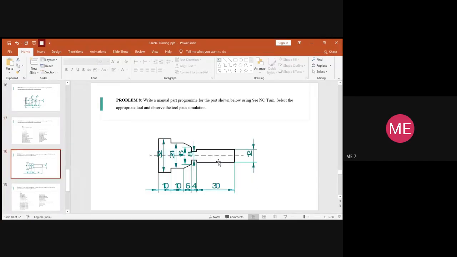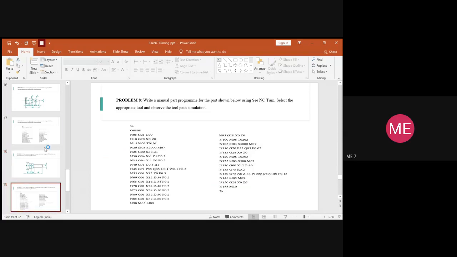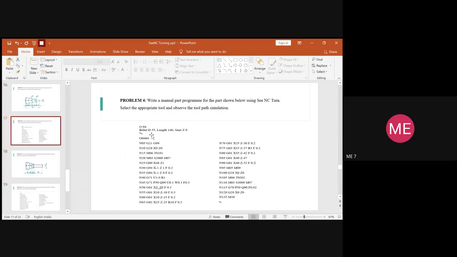But 32 is the required uppermost diameter of the part. So overall the length needed is 60 and the maximum diameter is 32. But the given blank size is 55 dia and length 140. I have explained this already.